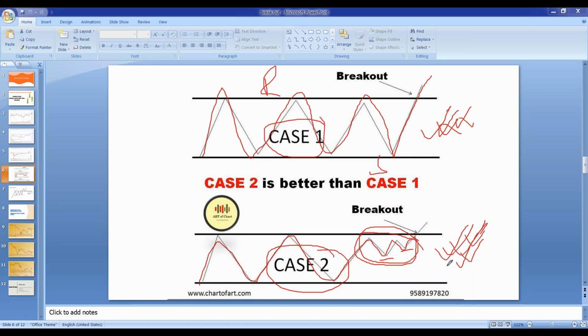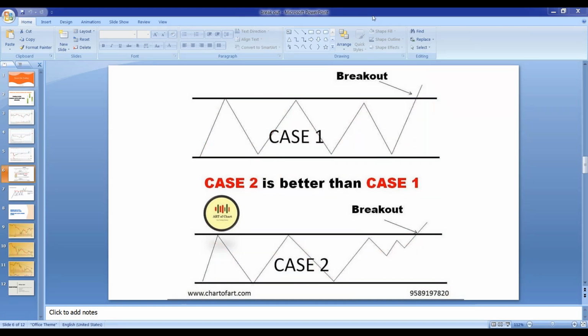Yes, there are different charts. I am not talking about charts, Akash, here. There are different charts. I am talking about the logic what we have to look for. So what you have to look for is whenever there is a consolidation which is happening near to the resistance, then the breakout is going to work beautifully compared to the different cases. So this is one of the reasons.